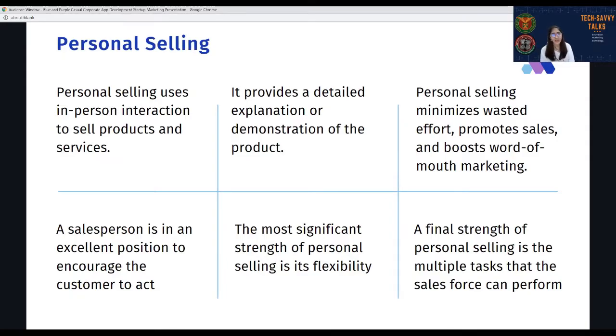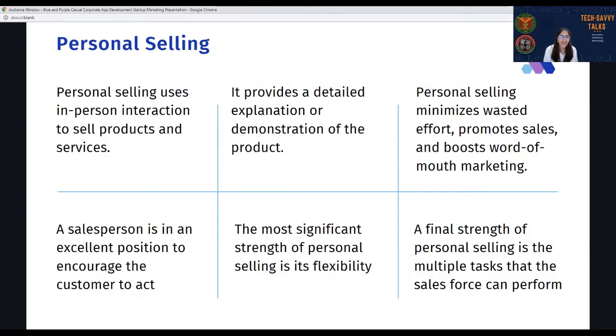company. It provides a detailed explanation or demonstration of the product, just like if you can remember the Electrolux man who knocks on the door, rings the bell, and taps on our windows too. We miss them, but they are the one doing the personal selling talaga, di ba? Demonstrating the product to us. Kaya talaga nauso yun. Although ngayon parang wala na sila, nakakamiss, okay?